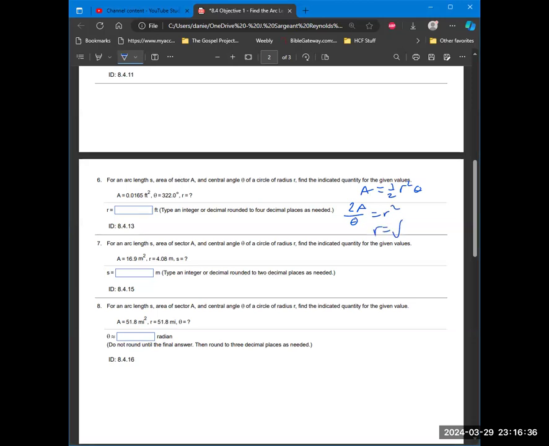So r should be the square root of 2A over theta. So square root of the fraction 2 times A, and A was given as